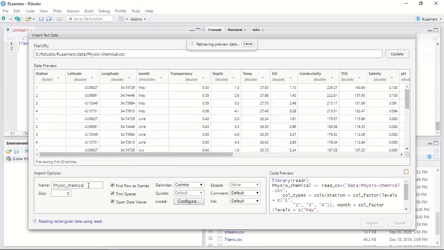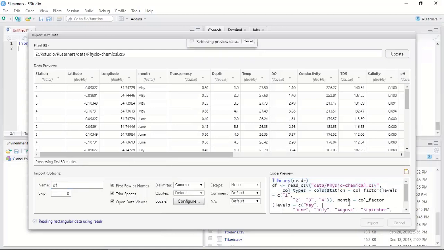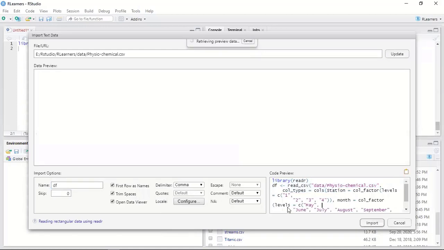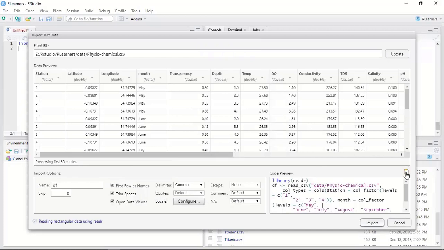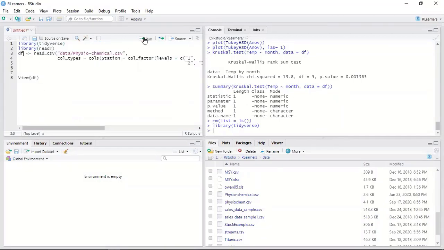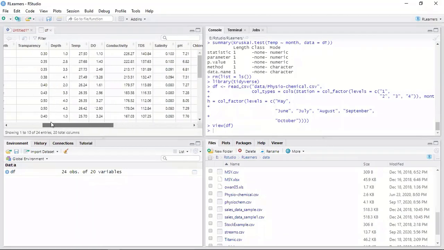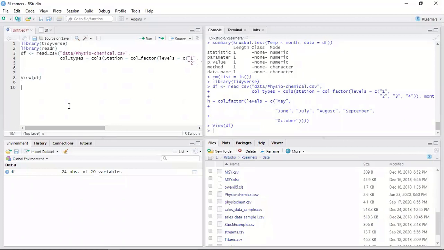Let's make it a DF. All right. And then just copy here, paste it there. Let's run it. Let's view it. There it is. Okay. Now today we are going to talk about, as I said earlier,